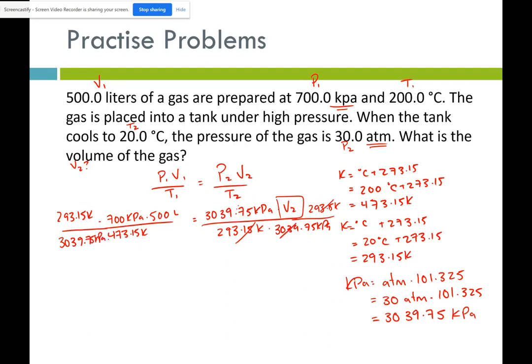Okay, to get rid of this unit. So my V2 is going to be 293.15 Kelvin times 700 times 500 liters, all divided by 3039.75 kilopascals and 473.15 Kelvin. So that's going to give me